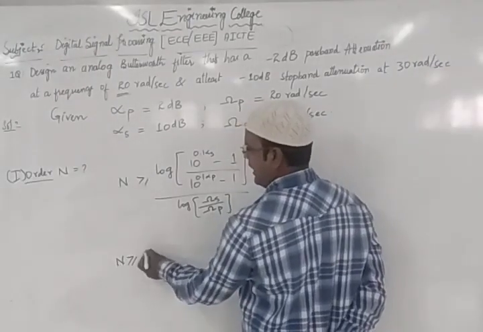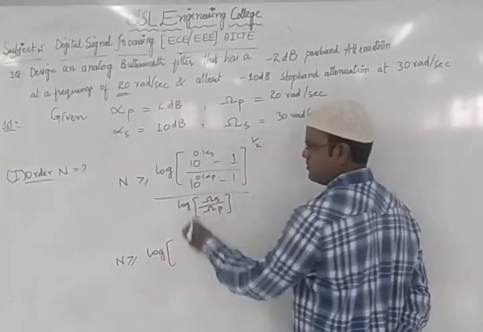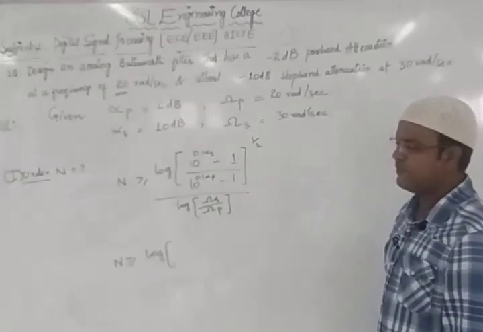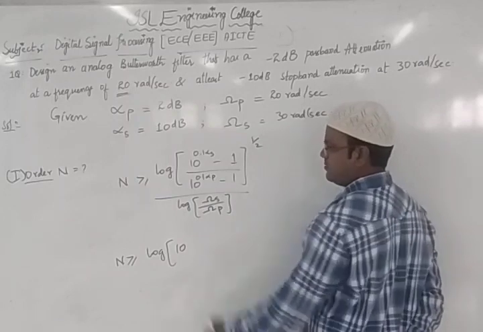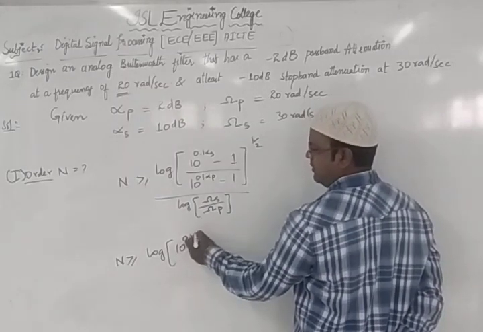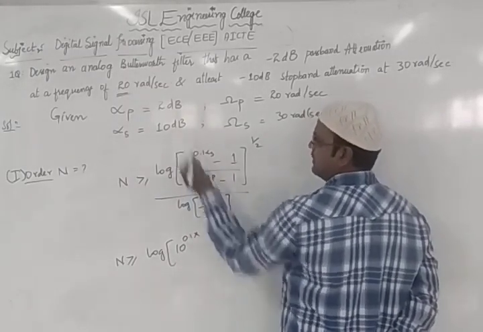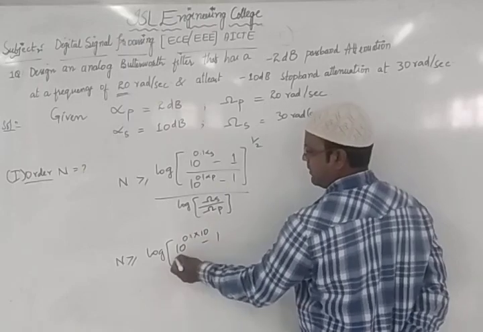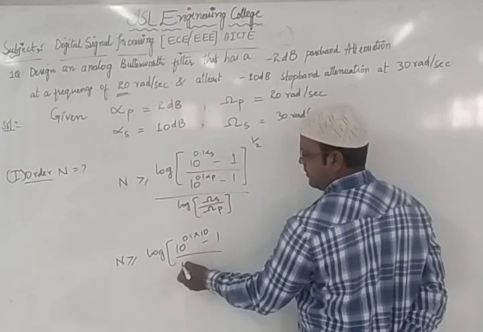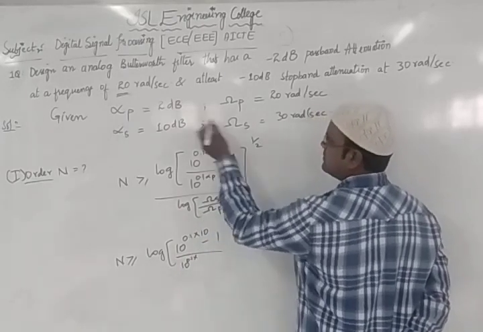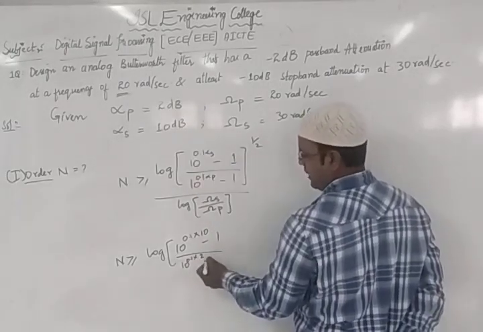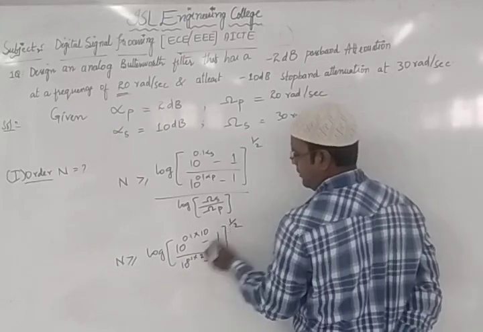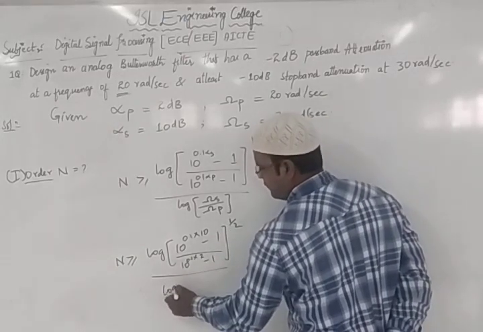N greater than or equals to... I'm directly putting all the values so that it will be easy for me to get the order of the filter. So 10 power 0.1 into, what is alpha s I do have? It's 10 minus 1 by, what is this value? 10 power 0.1 into, what is given in alpha p? Alpha p is 2 minus 1 whole power 1 by 2, divided by log of